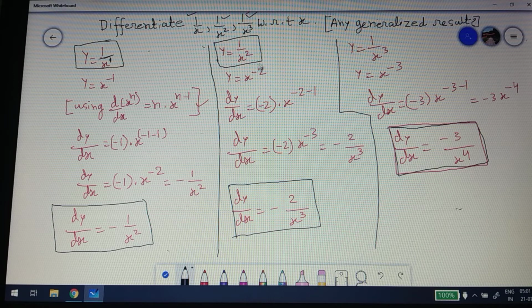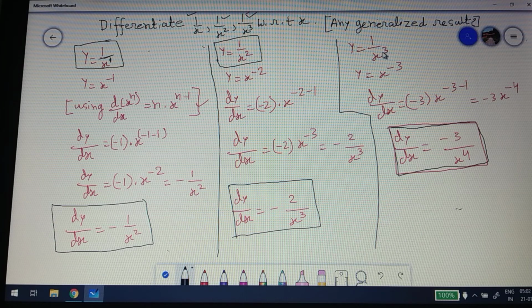Here x square is there, the power is 2, and in the derivative it is 1 more, that is 3, and minus sign as it is, as the power was 2, here 2 upon x to the power 3. Like here the numerator was 1, so in the derivative also the numerator is 1, and the power of x in the denominator is 1 more than 1, that is 2. Here also the same thing: power of x is 2, in the numerator it is 2, and in the denominator the power of x is 1 more than 2, that is 3. Minus sign everywhere I have got.